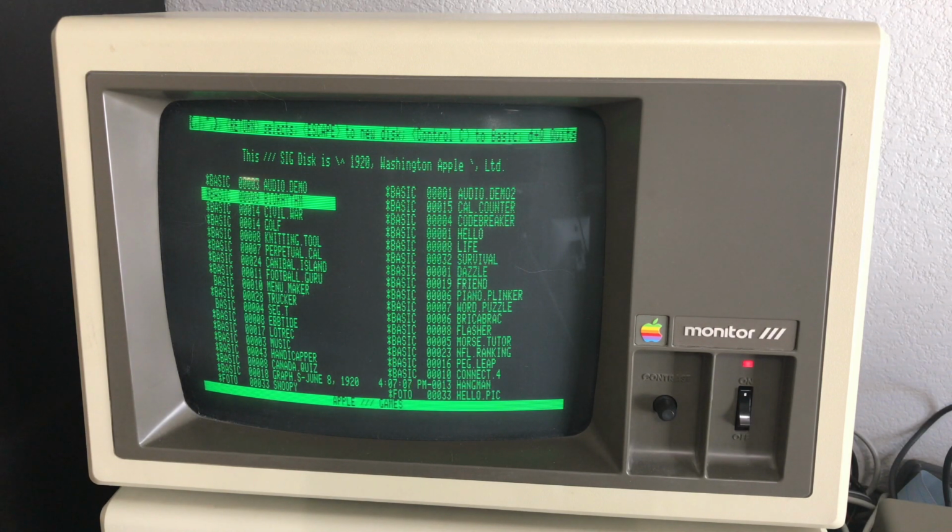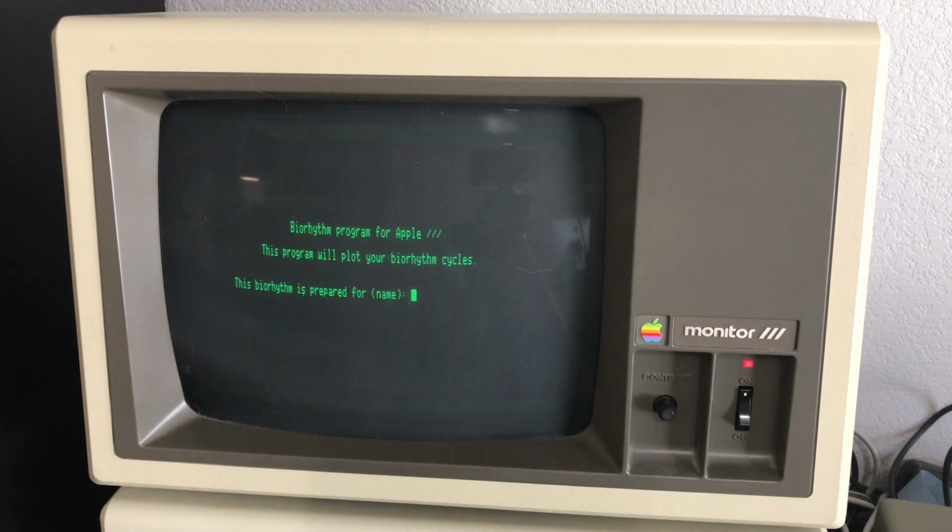So what you can see is I just selected on the screen, hit the return button, it starts the program. Vinny, the vintage guy, our birth date, let's say September 29th, 1966. Starting date of the chart, the 1st of January 1980. Let's see. Our length of the chart in days, let's say the whole